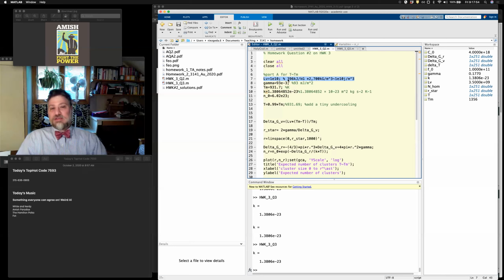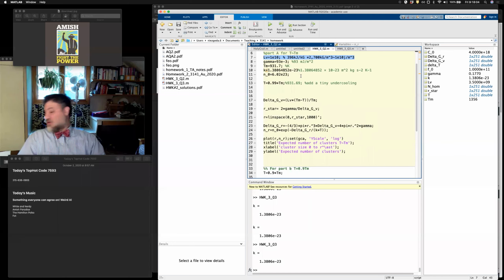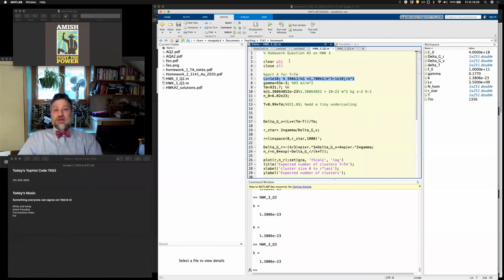right? The latent heat is kilojoules per mole, which means you're about 6 orders of magnitude off. So that means, of course, your equation's going to predict much less driving force for nucleation, and you're not going to have any nuclei. So I'm assuming here that we have 1 mole. I could have easily just done the number of atoms in a kilogram,